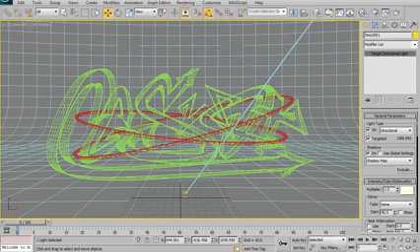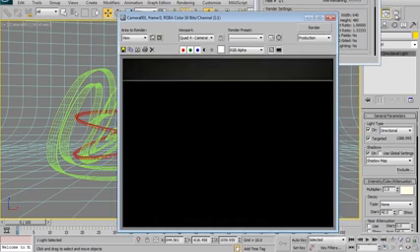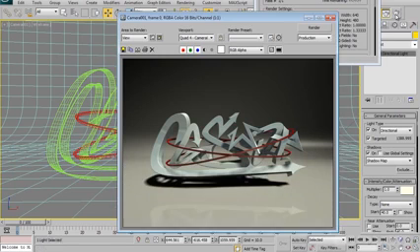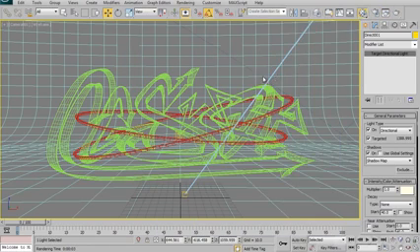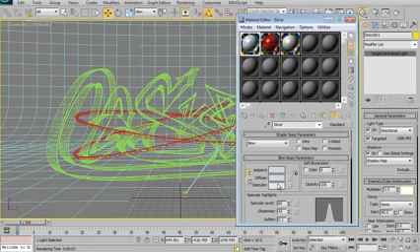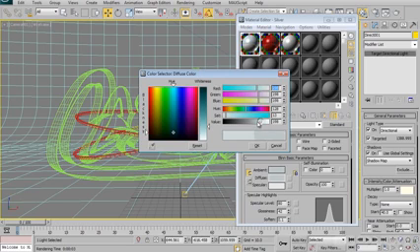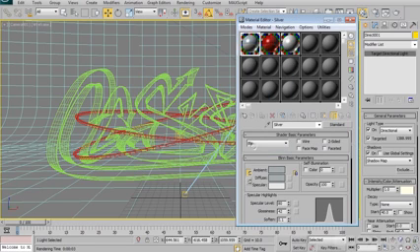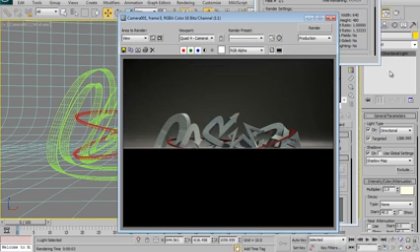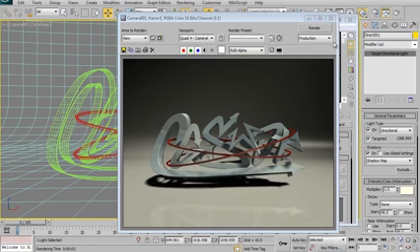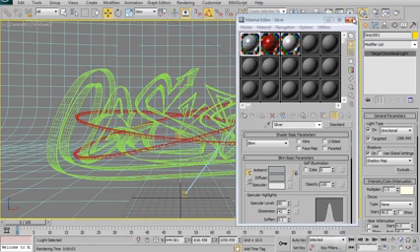And just go to our camera view now, and we should have something that is coming together fairly nicely. It's almost there. I don't like how bright this silver is, so what I'm going to do is just bring up my material editor, take that silver material, and then just darken it down a little bit, and that should work okay. We'll see how that looks. Yeah, I think that's working a lot better. And the last thing we'll do